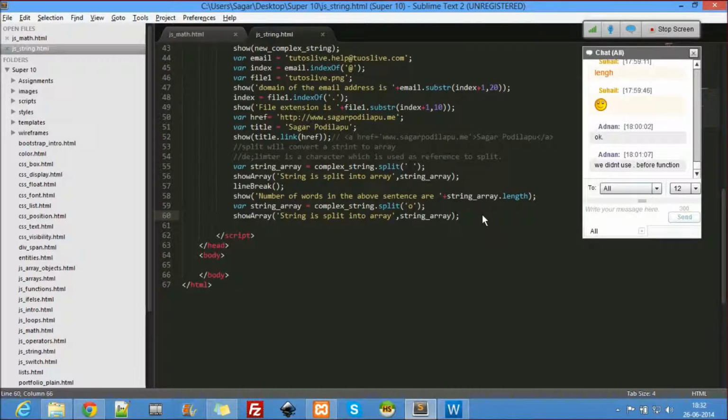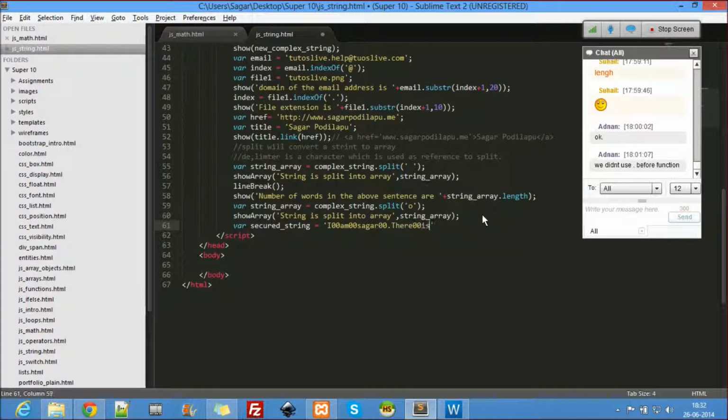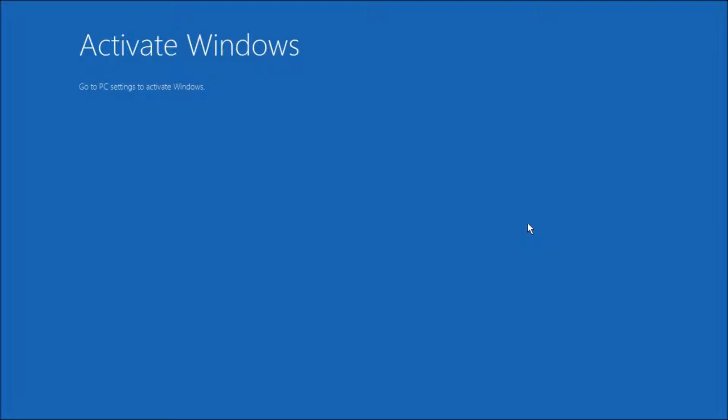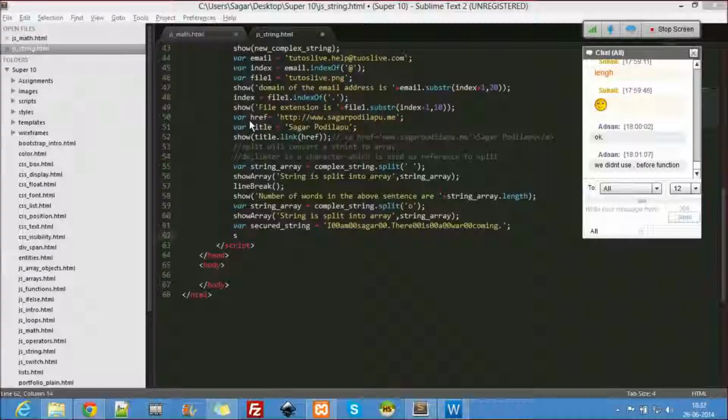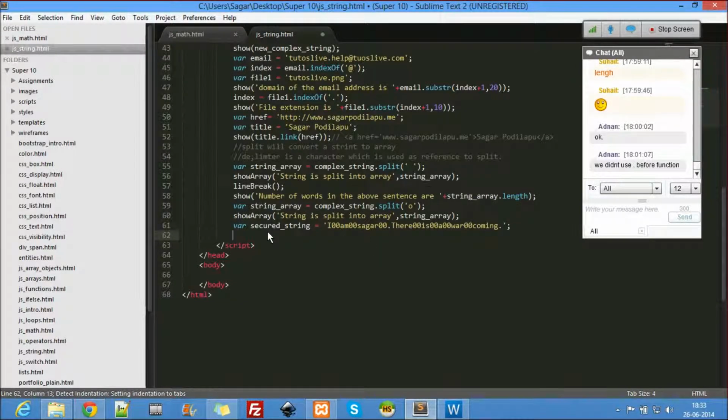Okay, let me show an application here. So secured string equal to, okay, this is a secure string. Let's print out this. Okay, line break.